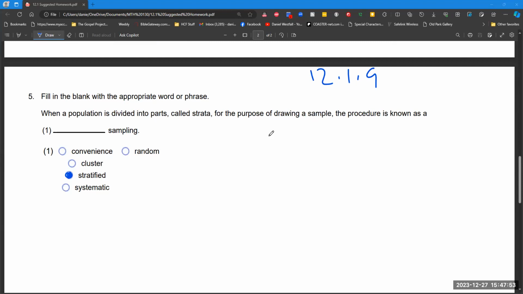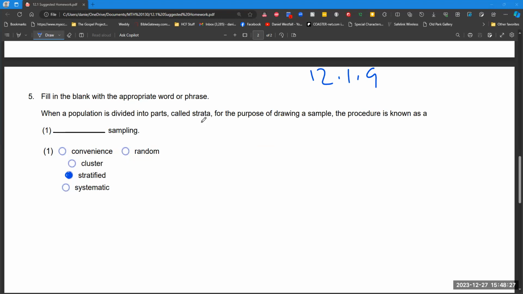All right, fill in the blank with the appropriate word or phrase. When a population is divided into parts called strata, for the purpose of drawing a sample, the procedure is known as stratified sampling. You're going to look at strata, and these strata are usually things like age groups. So you want to select some people in a particular age group and another set of people from another particular age group, and so on like that,